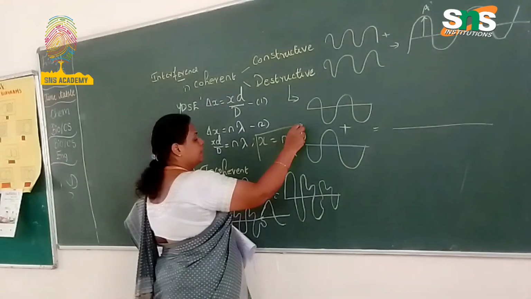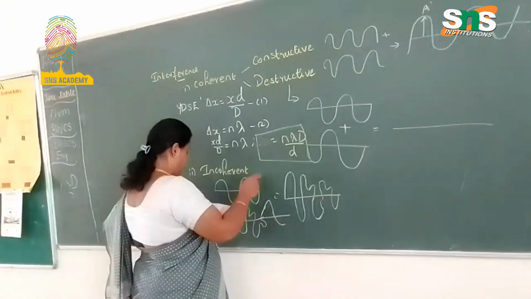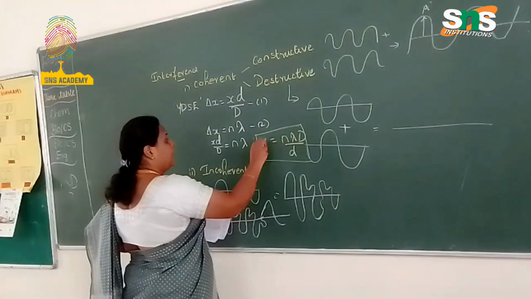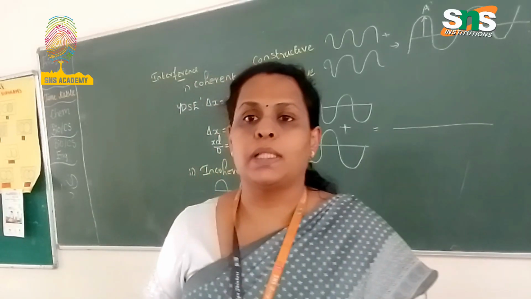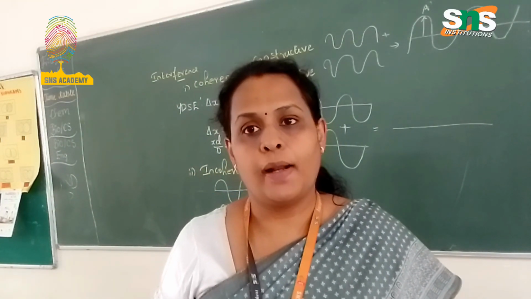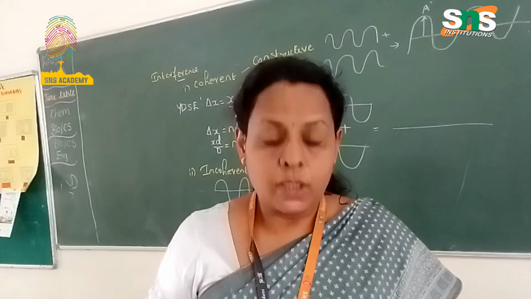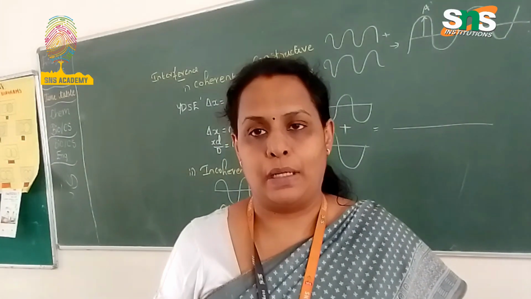So this is how you can calculate the position of bright fringes in Young's double slit experiment. Hope you understand. Okay. So for dark fringes, that means destructive interference,